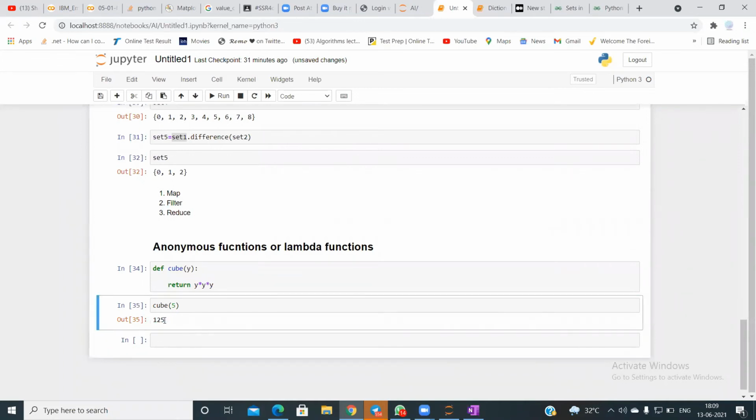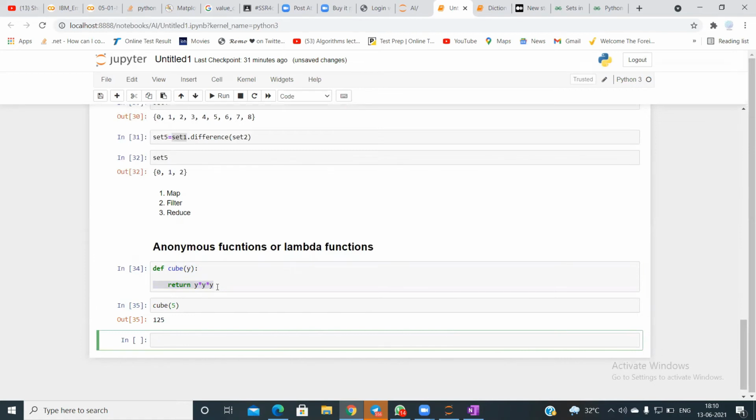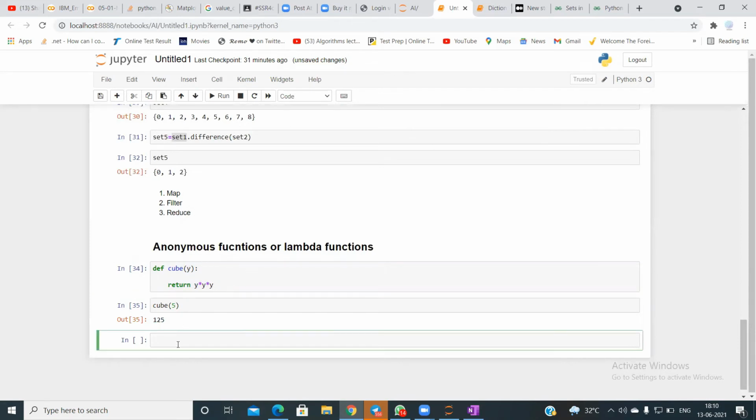This is fine. But now just think of how much memory and how much processing is required to create memory for this function, for this variable, just to access this function, pass this value, calculate this value, and return it. It is going to take a lot of memory and processing speed. So instead of writing in this fashion, there is something called a lambda function where you can write all of this in a single line. I'll tell you how you can do that in a single line.